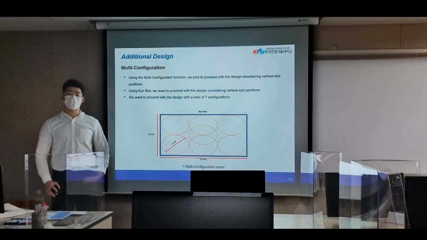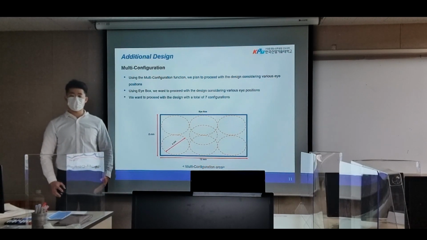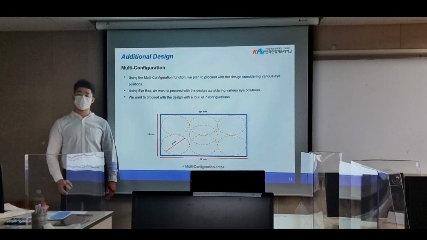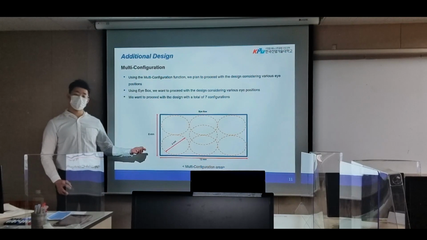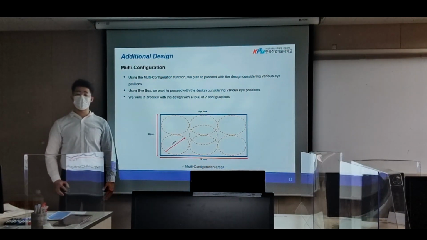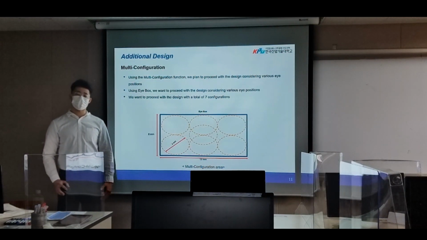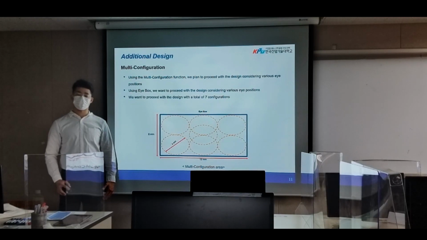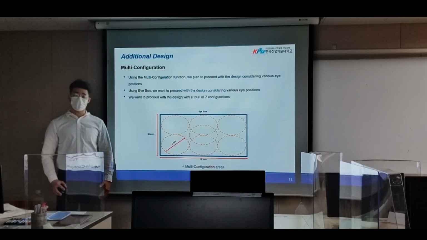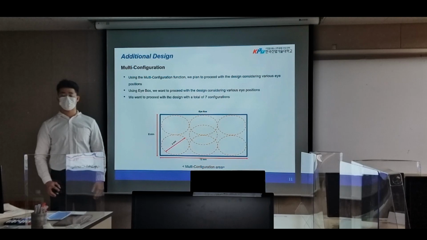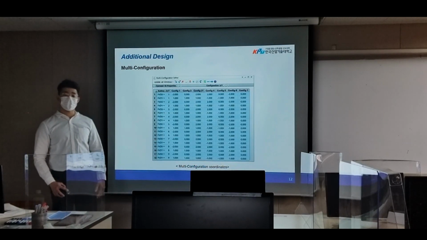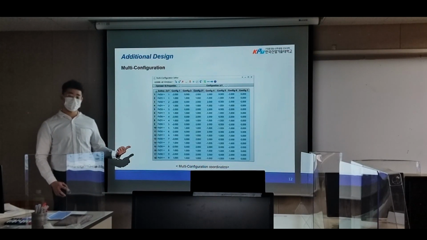Multi-configuration sets many locations of the eye on the eye box area. It can make to calculate aberrations on many locations of stop areas. 7 circles locate on the eye box area. It was designed for exact calculation. How to evaluate the success of the product? We already made a standard for evaluation. It contains